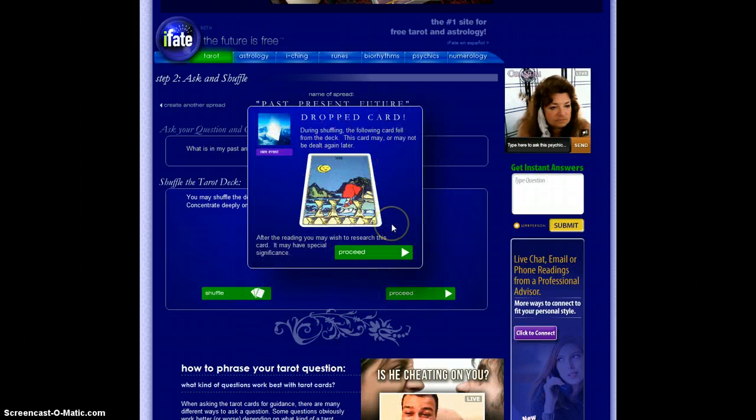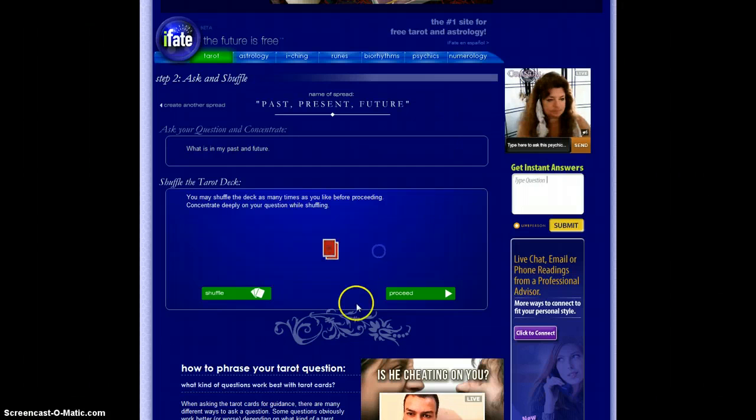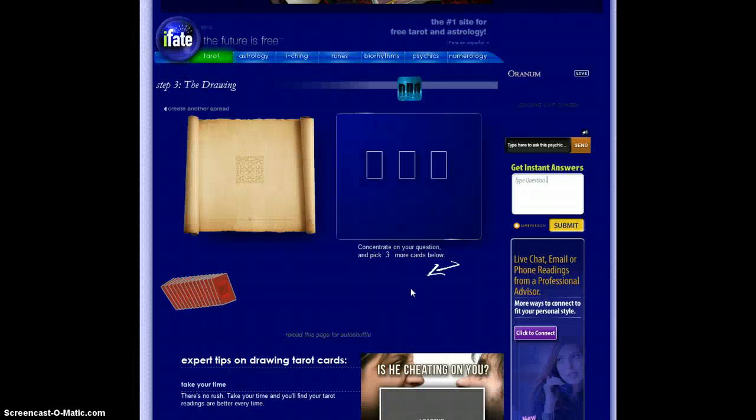They get extra points from me because they acknowledge that a card can be dropped, what I refer sometimes as a jumper card, and they give you the opportunity later to go look at that card. I feel that jumper cards, or as they call it, dropped cards in tarot, often give extra weight to a reading. So anyway, once you're done shuffling, you can hit their proceed button over here, and